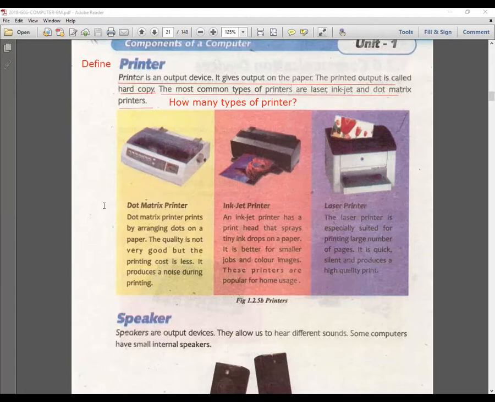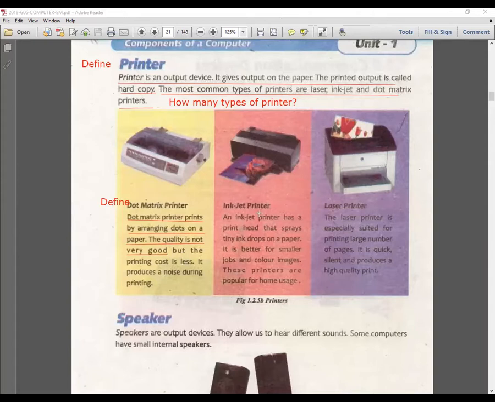Then you will go for define dot matrix printer. And the answer will be, a dot matrix printer prints by arranging dots on a paper. And the quality is not very good.